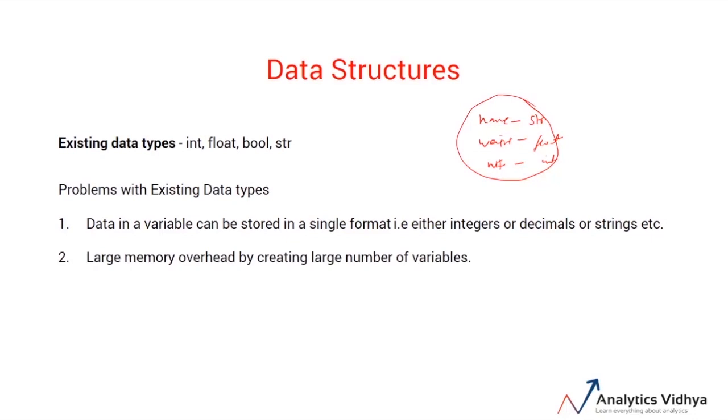Now, since a variable of the existing data types can only store a single value, there will be a large memory overhead if we wish to store copious amounts of data in variables. For example, if you want to store the information of a family in variables, then the number of variables might be small, say 5 or 6. But what if you want to store the information of the entire town? The number of variables might go to 100, 200, even thousands of variables, which will slow down the computation process and create a large memory overhead.